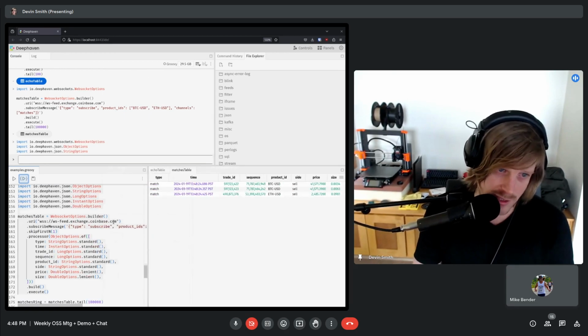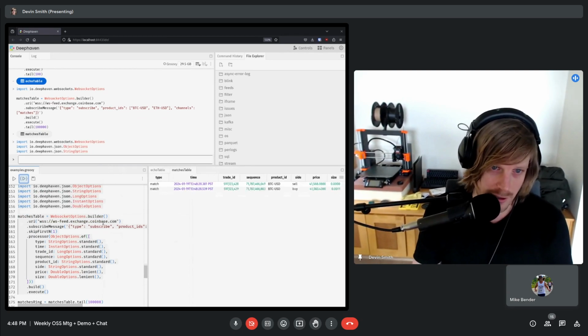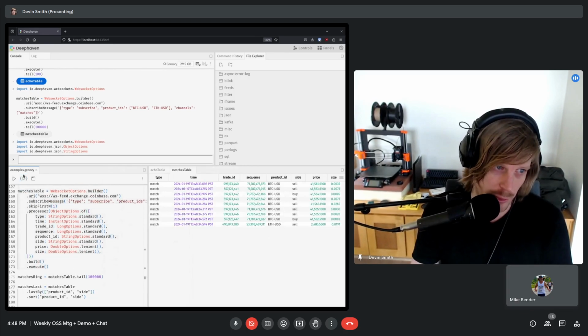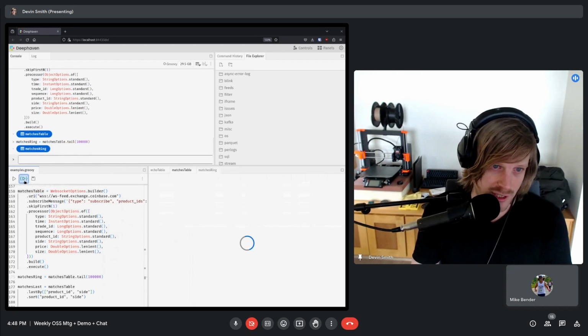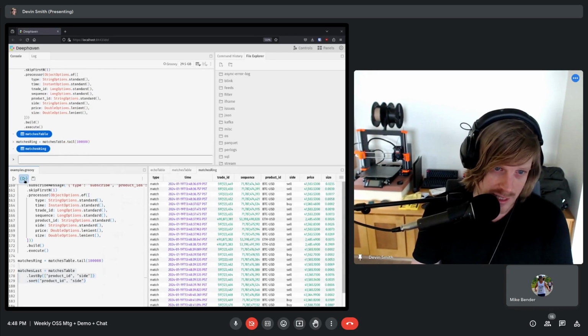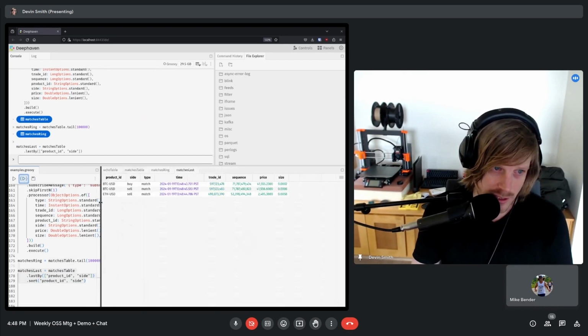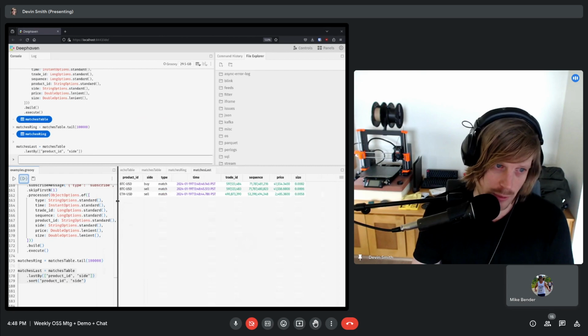And I will note that this is a blink table, so you could leave it running forever, and it should work as long as there isn't any interruption in the underlying network. But then, of course, you can go ahead and ring it or turn it into an append-only table and then do further processing on it, like keeping the last by product ID and size. So this is hopefully coming soon, and will